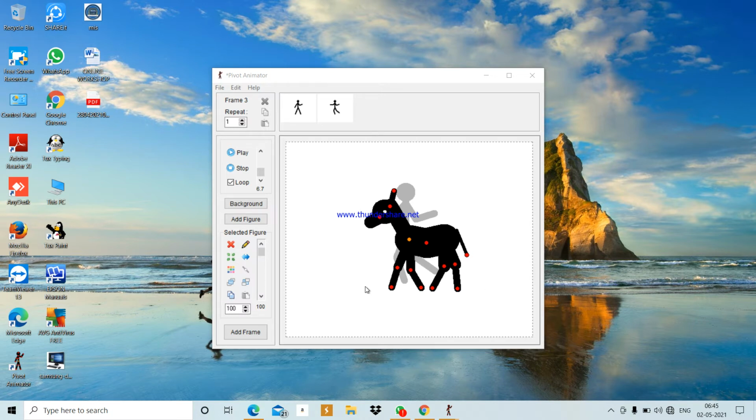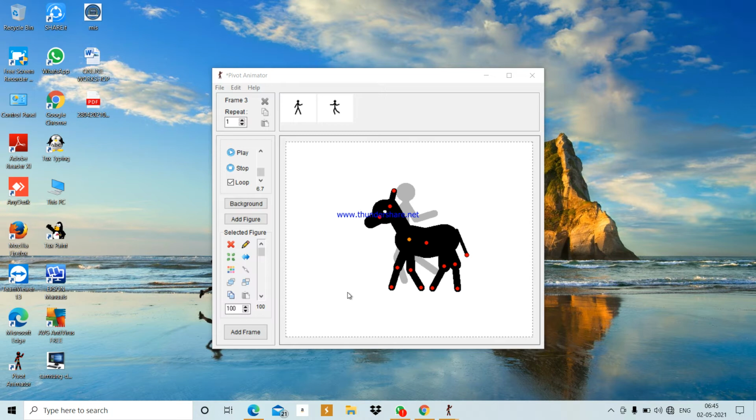You can easily edit a stick figure. You can change the size of the figure. You can increase it, decrease it, the length of the segments also you can increase or decrease, or you can rotate a segment around a handle also. Fine, let's see how you can do these kinds of changes.